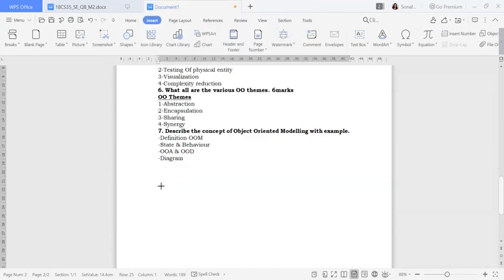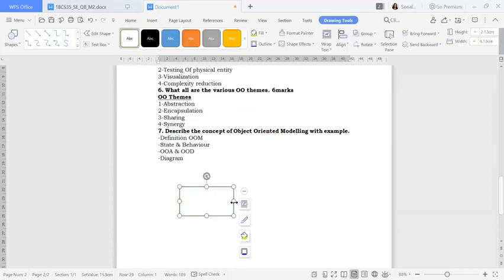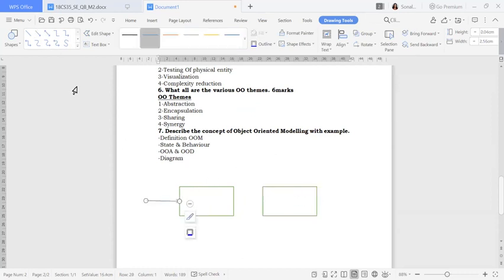Yes, so how you're going to draw the diagram, just make two boxes. Here is one box, and one more box will be here. Fine. So you have to give the arrow mark from here to here. And one more arrow mark you have to give from here to here, you need to give the connectivity. Then again one more arrow mark you need to give from here to here.